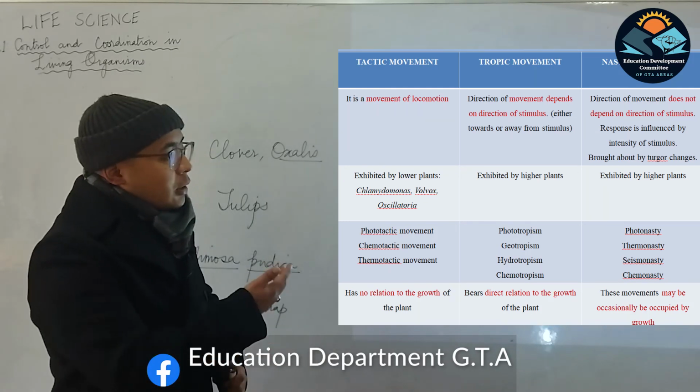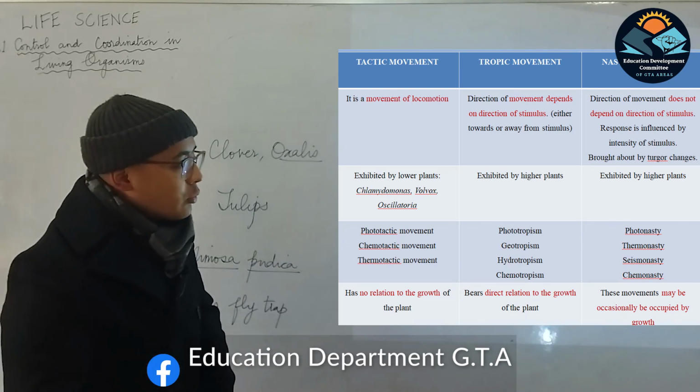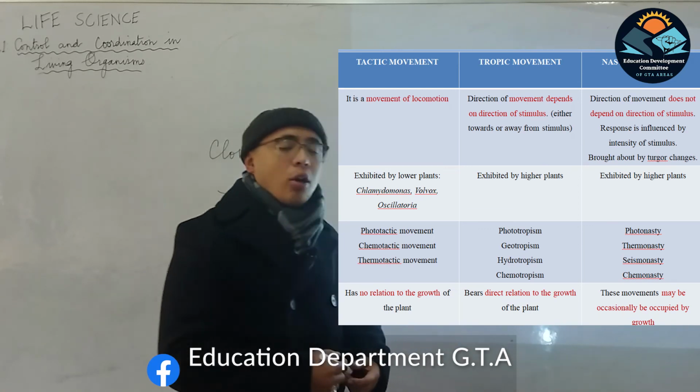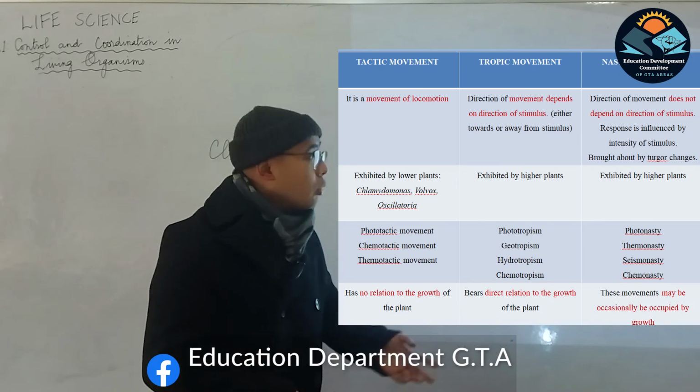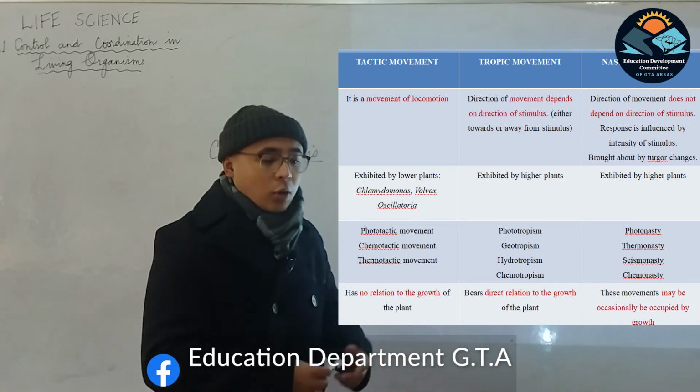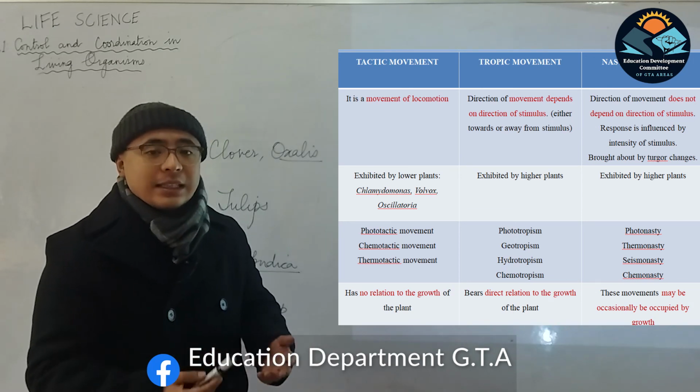Now here too, one of the most important points to note about Nastic movement is that Nastic movement may occasionally influence growth, but it does not always influence growth like tropic movements. Now with that, we come to the end of the first part of this chapter, which is sensitivity and response